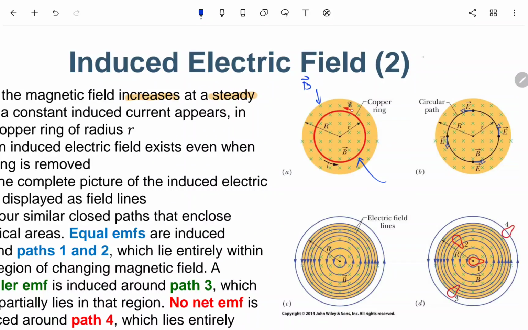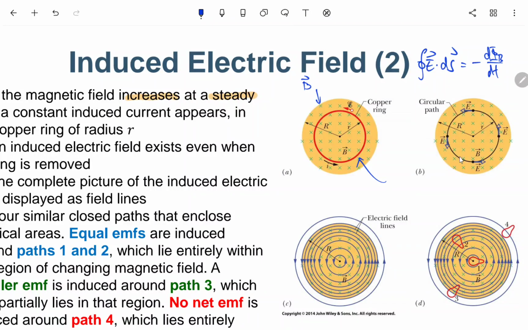Faraday's law is something like this: the integral of E dot ds equals negative d phi B dt. Of course, for this line integral you need to define a path to integrate along. So suppose it is like this,